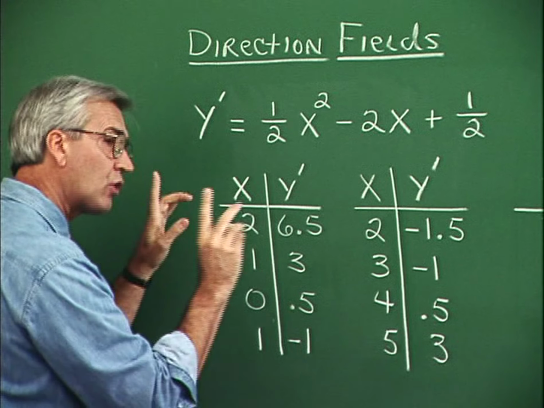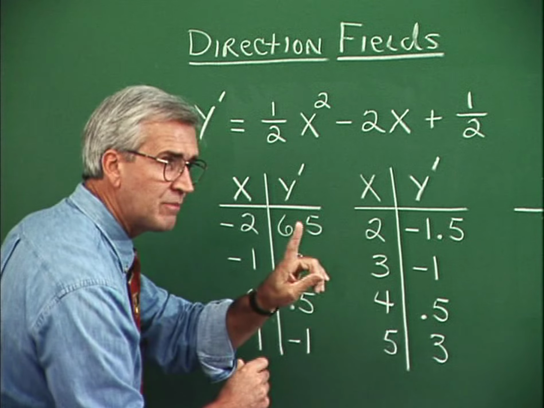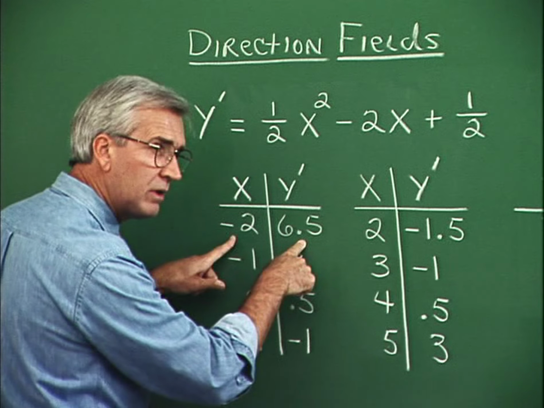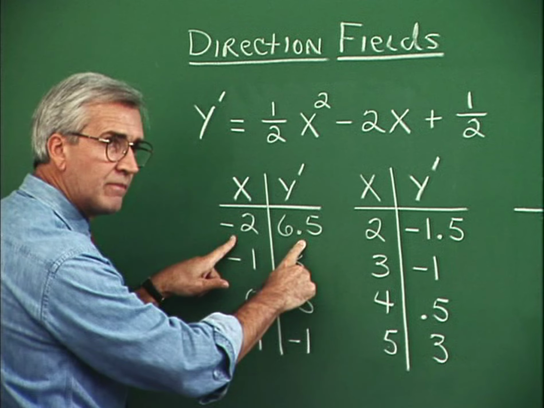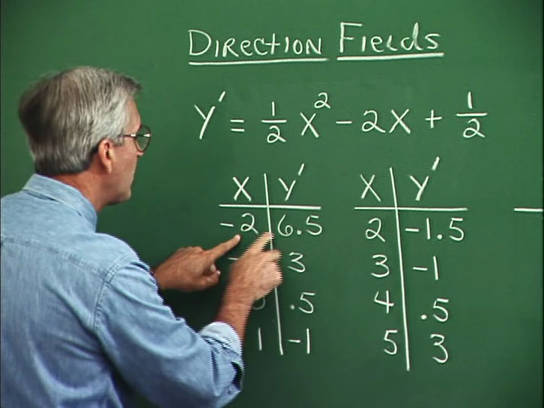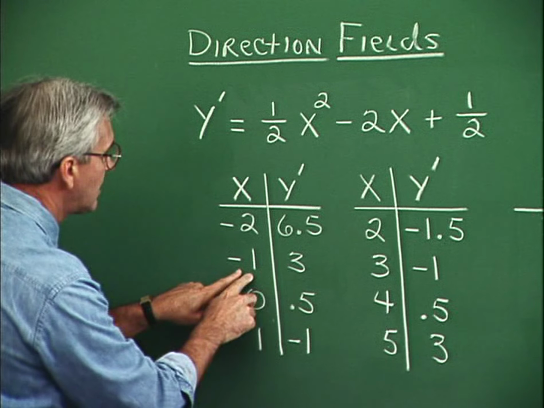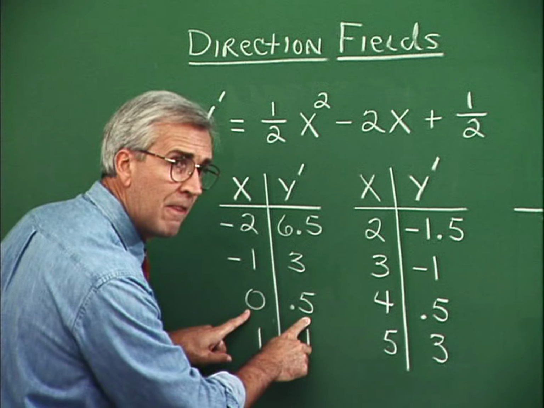Or we could interpret this table of values as being points associated with the slope of a tangent line on the antiderivative function. So at the point -2, the slope of the tangent line of the antiderivative function is 6.5. At the point -1, the slope is 3. At the point 0, the slope is 0.5. Now,